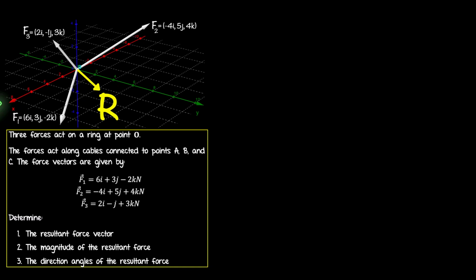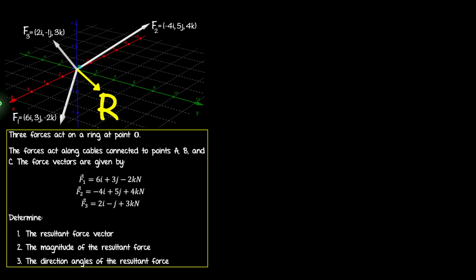In this example, we're going to determine the resultant force in 3 dimensions. Now, we're not just going to determine the resultant force, we want to also determine the direction angles of the resultant. Now, we're given 3 forces, so we have F1, which is 6i plus 3j minus 2k,